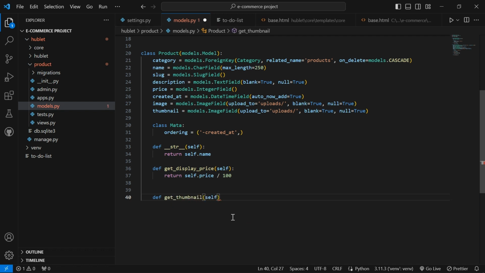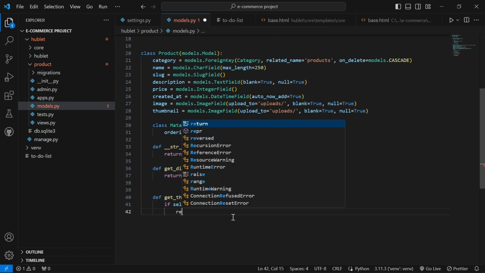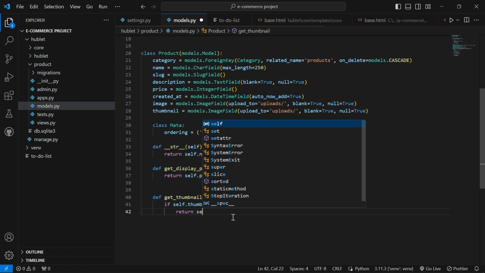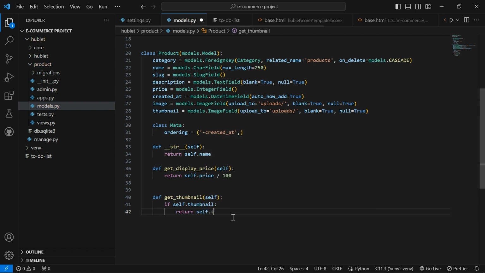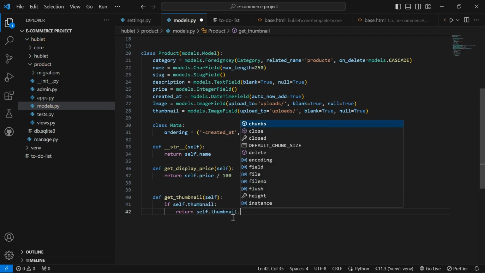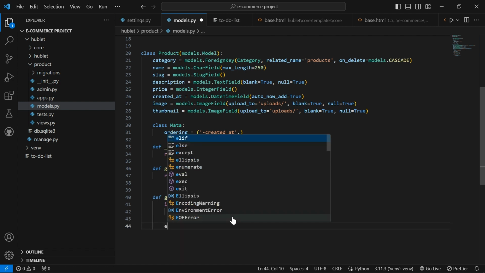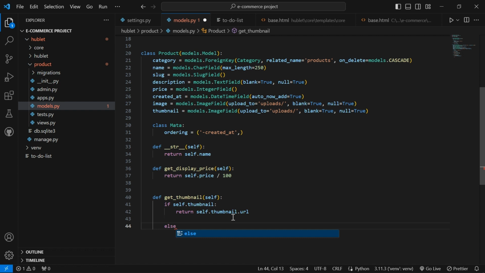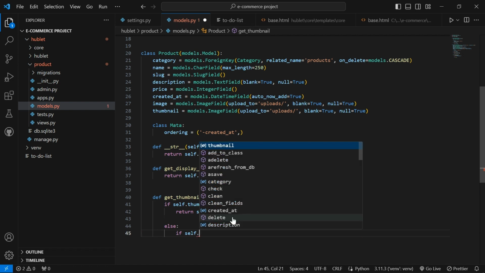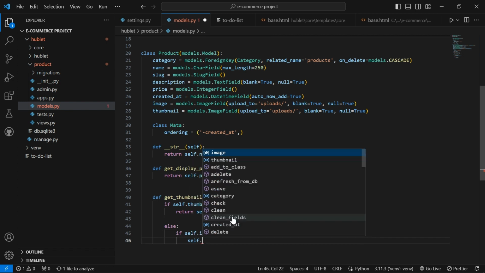Okay, as usual, self. Now the first thing I'm going to do is if self.thumbnail, then return self.thumbnail.url. Okay, next, else no thumbnail, if self.image, self.thumbnail